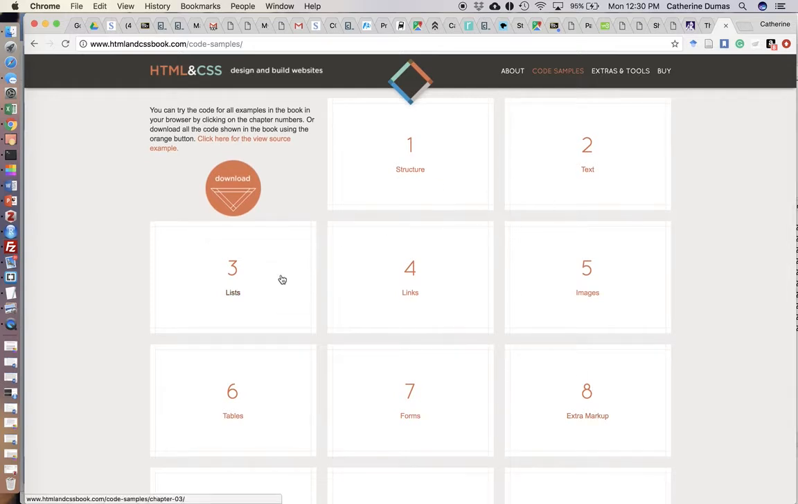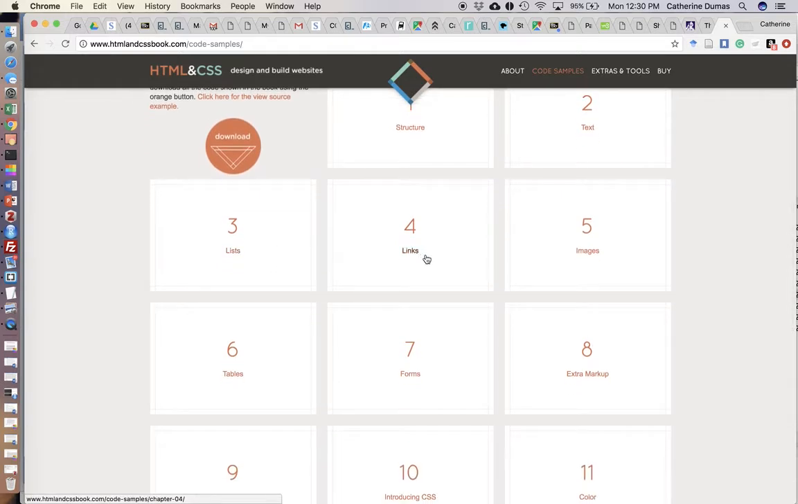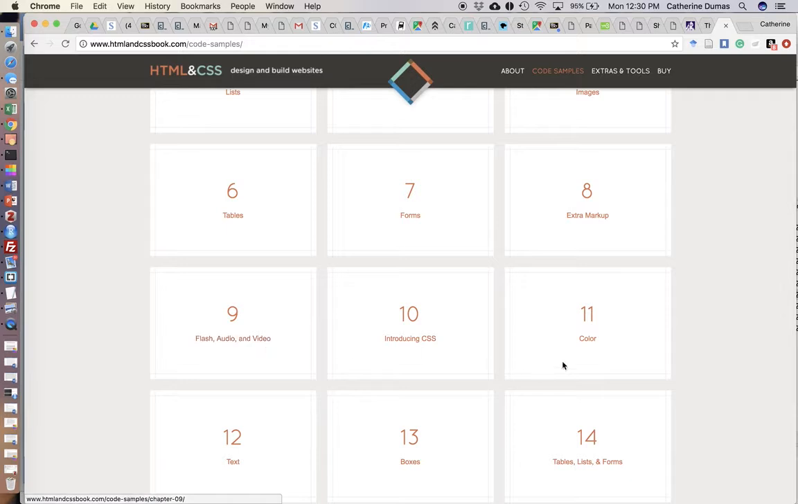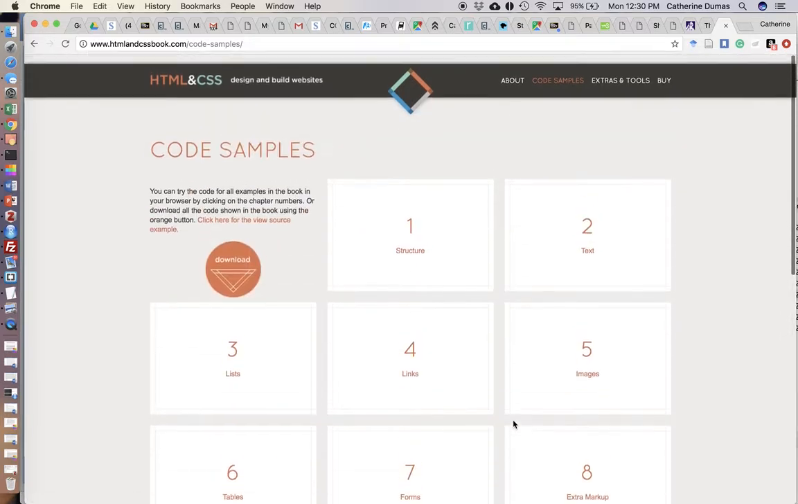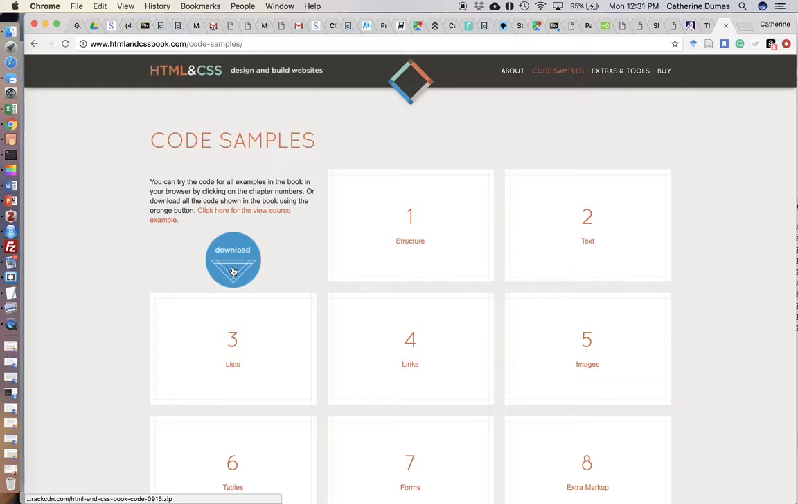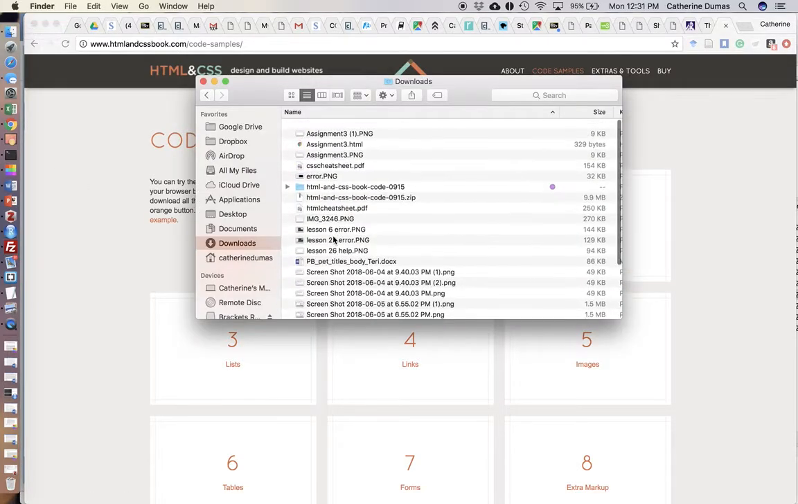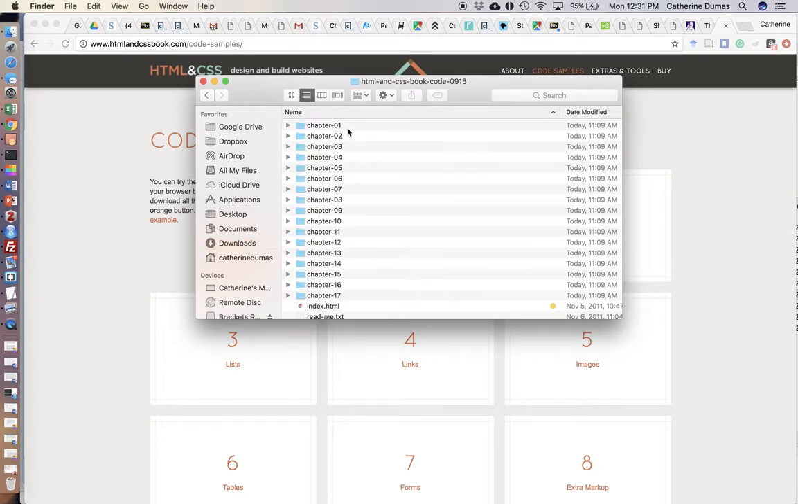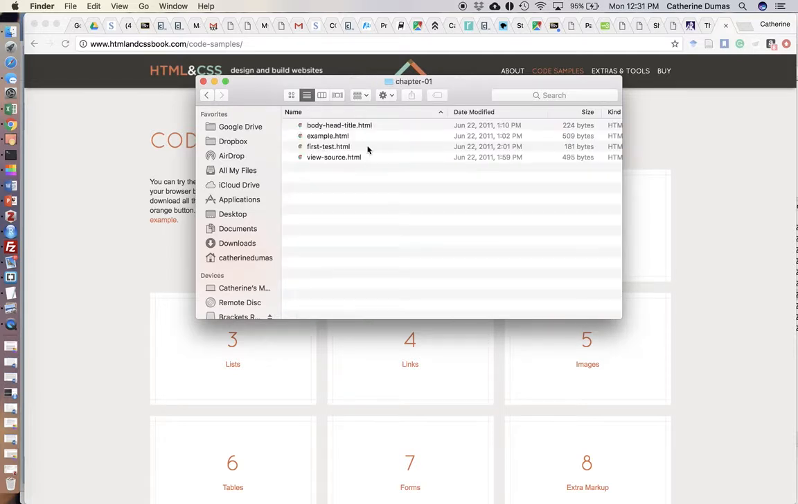You've got your structure, text, you've got lists. If you want to do lists, how to do links, images, tables, forms, and flash, audio, color. And so basically, you can actually download everything, and I did. If you just click on here and you download, here it is. So here's the folder that has all the chapters, and it's got examples for each one. So if you want to go here,